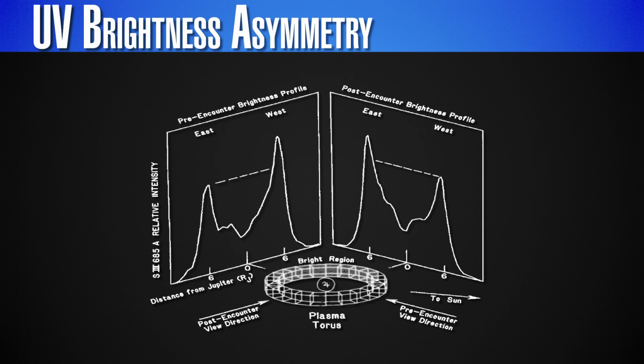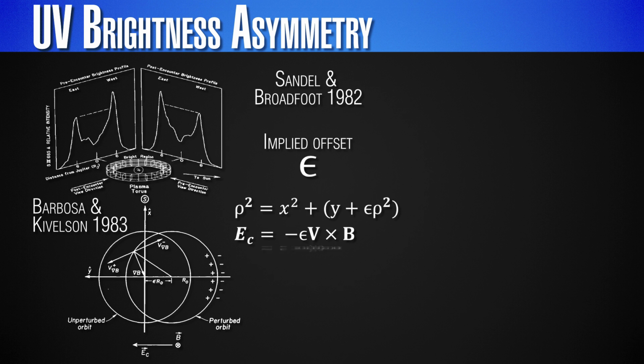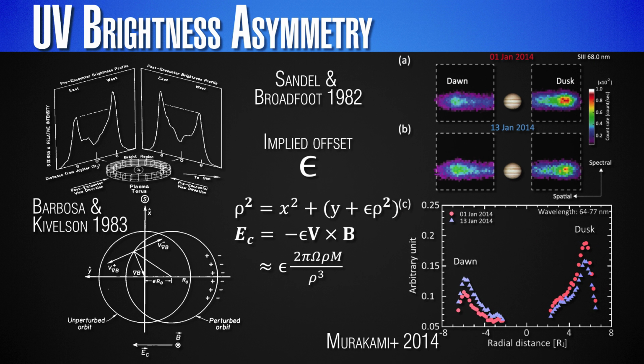In the ultraviolet, there's a very strong brightness asymmetry of the Io plasma torus. It's typically enhanced by at least 30 to 50% on one side of Jupiter than the other. The reason for that was only explained after the fact. The current idea is that there is an electric field which has a standard orientation in local time that points